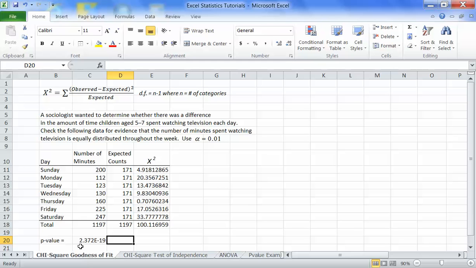Be careful not to write 2.372 as your p-value. P-values range between 0 and 1 because they're probabilities. They can never be bigger than 1. This is actually a very tiny number, so you could write p-value is approximately 0, or you could write 2.372 times 10 to the negative 19. So in this case, we would reject the null, and we have very strong evidence to suggest that the number of television that children age 5 to 7 spend watching each day is not